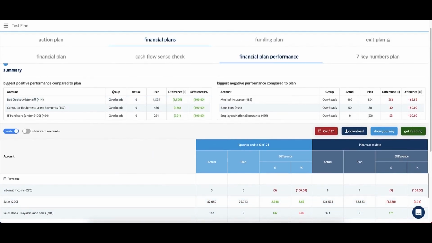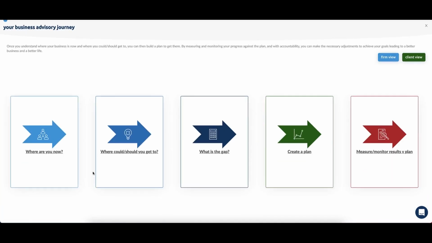And then at the top of the financial plan performance, you can then see the biggest positives and the biggest negatives, and then have a conversation around those with the client as to understanding why that happened and then what they're going to do about it next. So let's jump back into the journey. That covers all of the business advisory journey. More specifically, it covers 5D